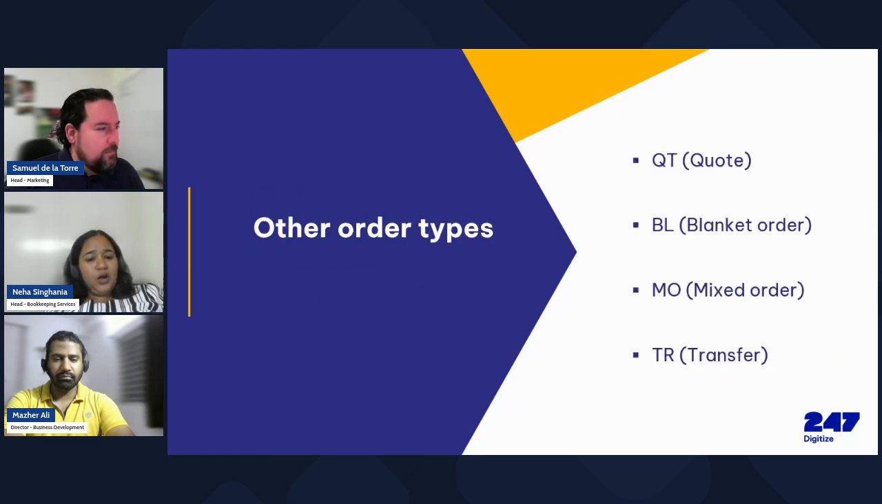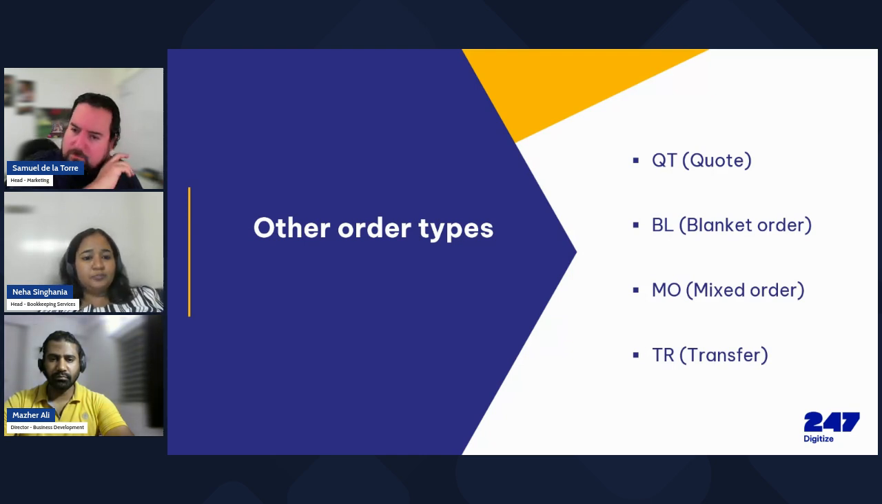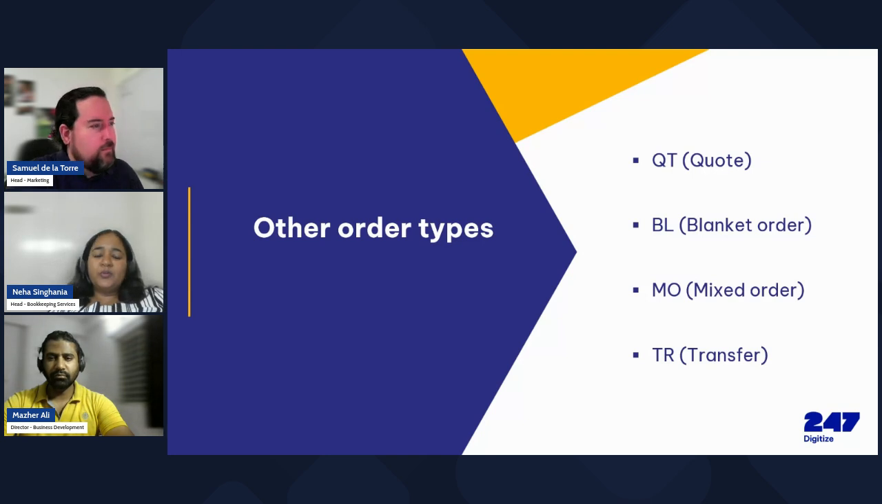There are a few other order types. These are some of the specialized order types which are designed to cater to specific business needs. Firstly, QT or quote is used to record anticipated sales on the sales order form. Quotes allow you to document potential future transactions, which can later be converted into actual sales or cancelled if they